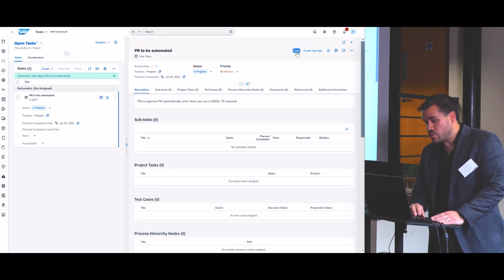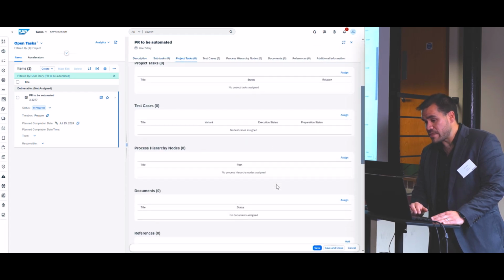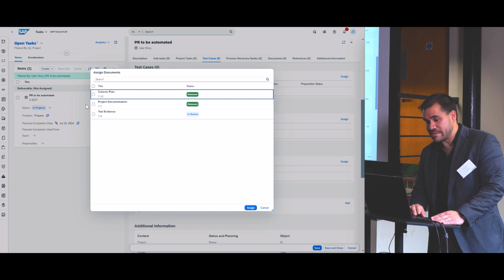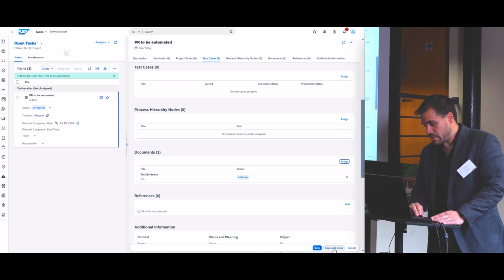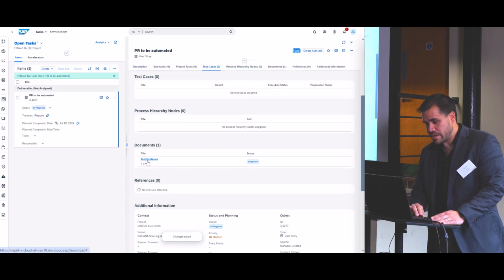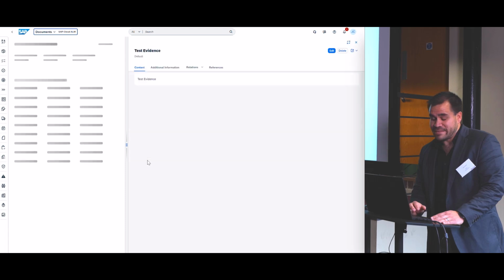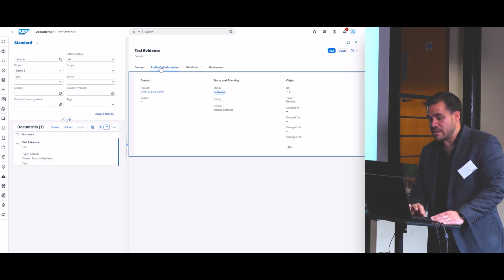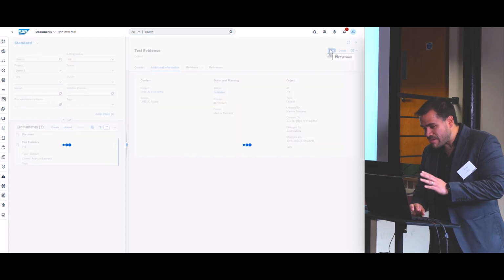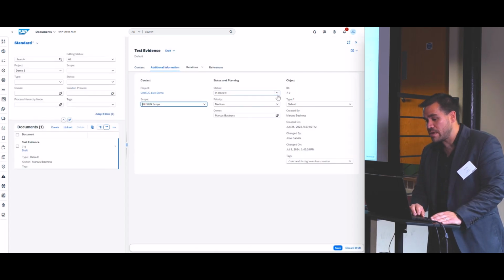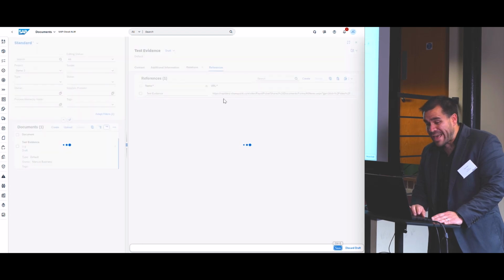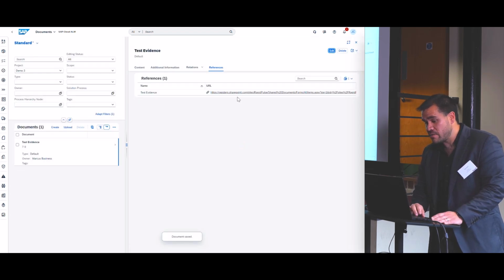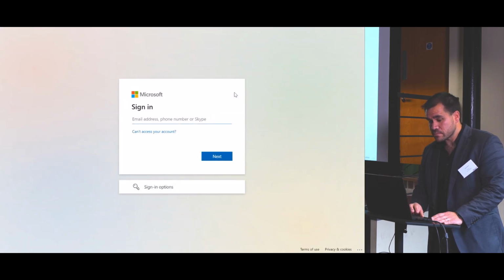So you can use the user story, for instance, and I already created a document where I can assign the test evidence. So I'm going to assign it here. If I click on save and close, we can see the link here. This test evidence is basically a document where you can get information, and there's a small status snapshot here. So I can say, okay, this is currently in review, I'm making sure that everything's looking okay. And this is going to be pointing to a URL, in this case my SharePoint link for the whole project. So if I click here,